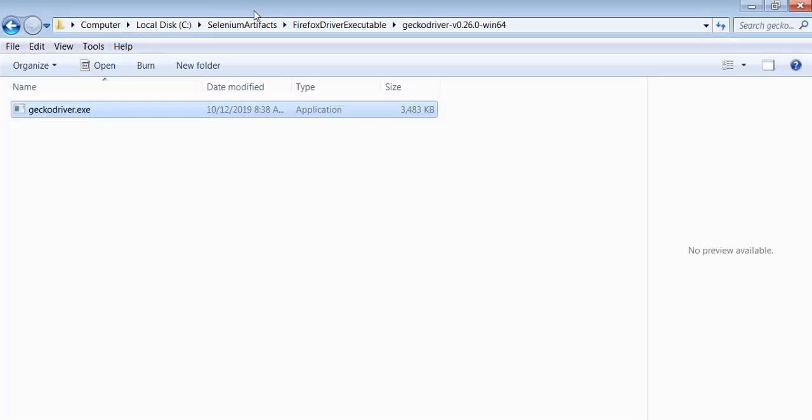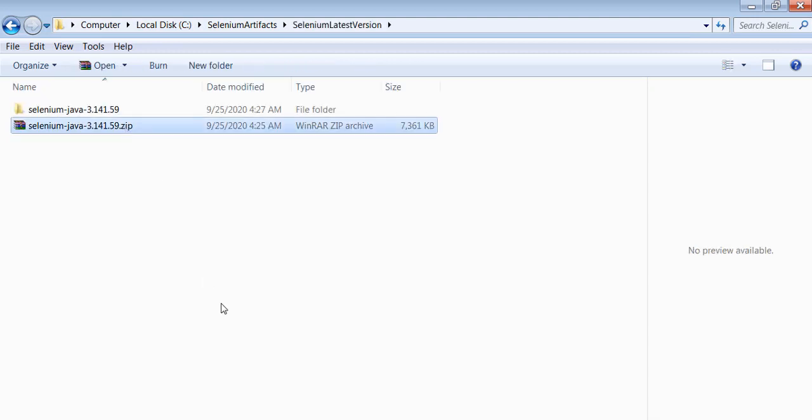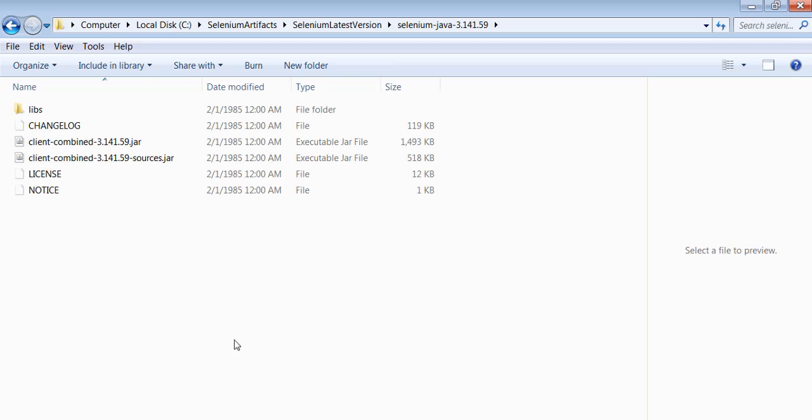Copy the zip file into a location under the C directory. So under the C directory, I copied the zip file under this location. I even unzipped this file. When I unzipped this file, I see there are two jar files, which are the client combined jar file and the client combined sources jar file.